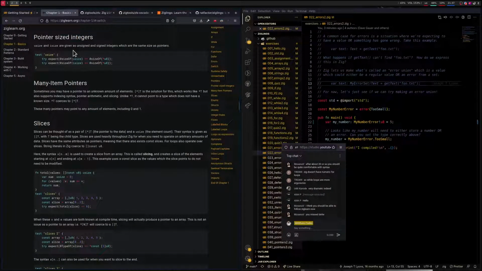Pointer sized integers. usize and isize are given as unsigned and signed integers, which are the same size as pointers. But what is the size? Oh, it's